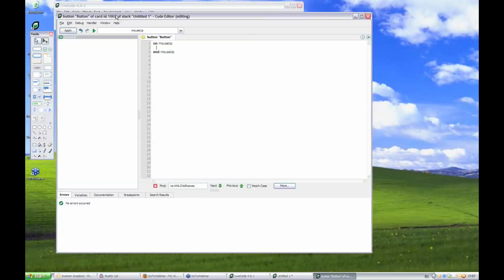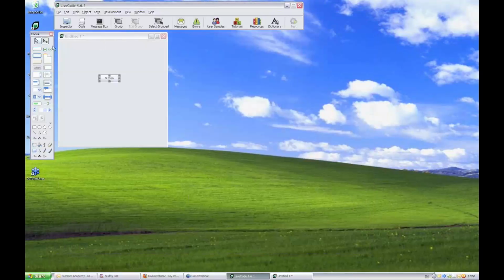As you can see here, a button is automatically populated with an onMouseUp handler. This is one of the built-in LiveCode messages that gets sent when the user clicks a button. It's sent as the user releases the mouse button over the control. So in this case, when the user clicks the button, we want to say, "Hello world." So all we have to do is we use answer, "Hello world." We then apply our script. We can close the script editor, and when we click on the button, we get a dialog that says, "Hello